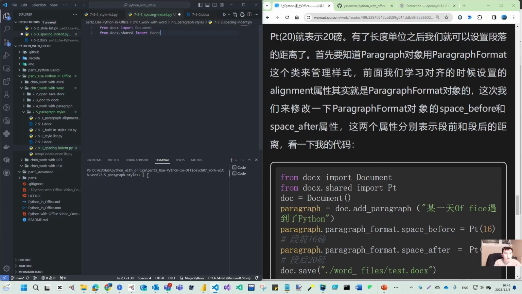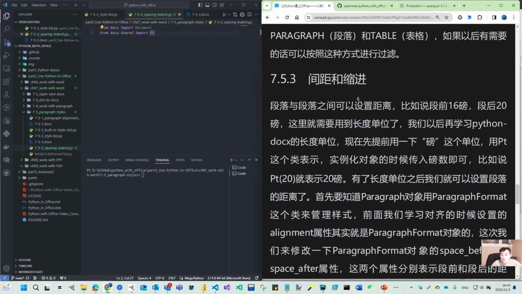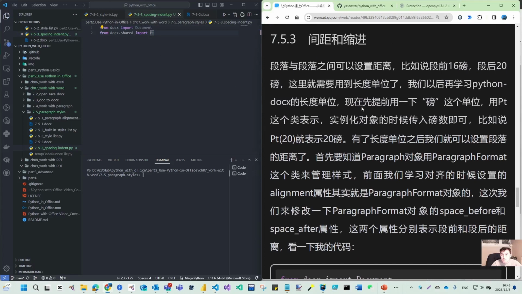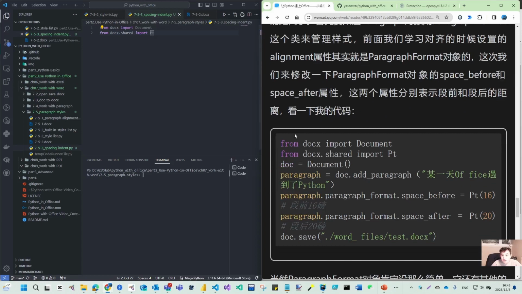We will see the Pt later. Pt is the unit of length, like the pound, it's as short as the pound. So we import this unit from docx.shared,